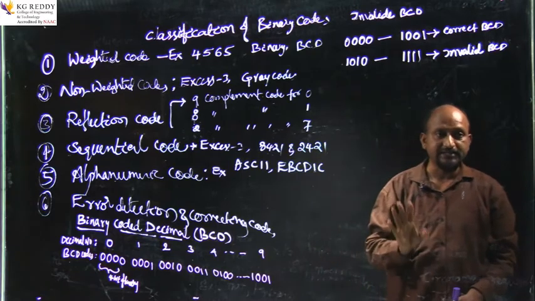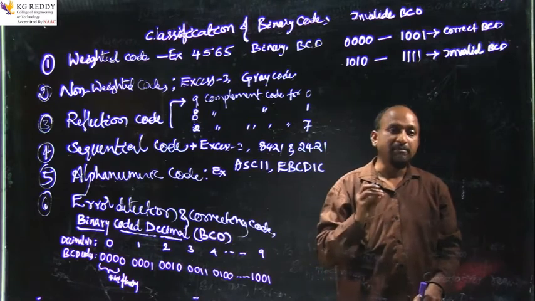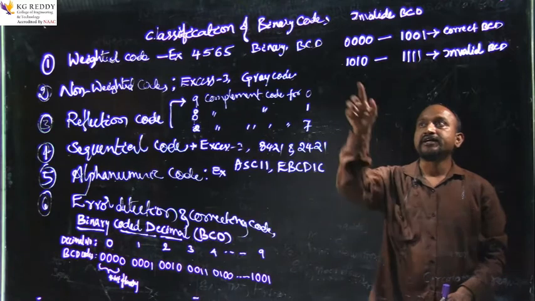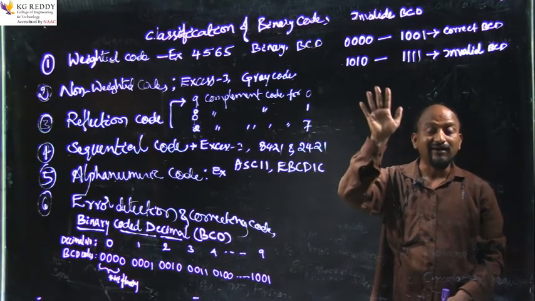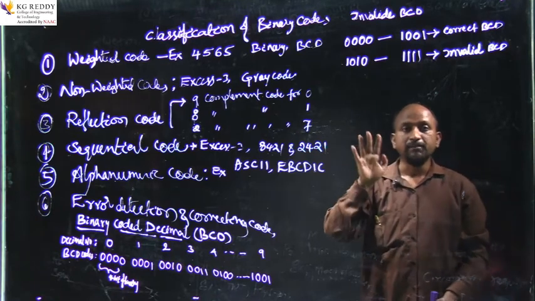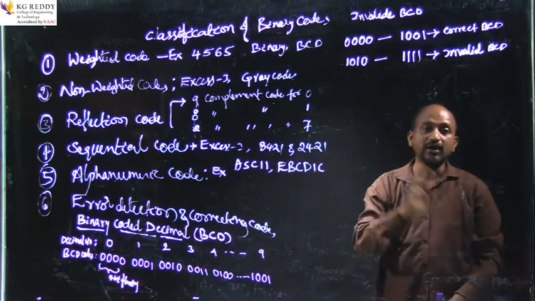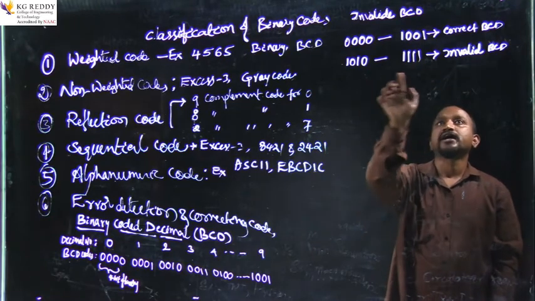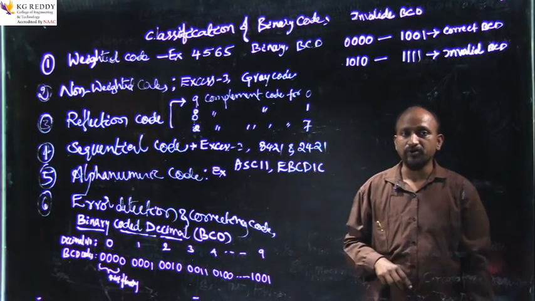BCD codes exist up to 9 only. So 0 to 9 are the BCD, consisting of 4 bits of binary, whereas 10 to 15 are also 4 bits of binary, but these are not considered correct or valid BCD, because BCD numbers are from 0 to 9 only. So the remaining are not BCD numbers. These are the invalid BCD, incorrect BCD, or not BCD. This is a very important point to keep in mind.